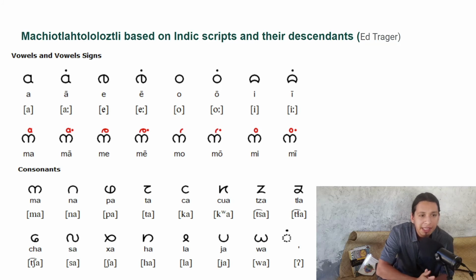Now the only limitation here, I think, is that this system is based on Indic scripts from Southeast Asia, and this type of system did not exist in Mesoamerica. So in a sense, this would be another foreign-based script, just like Latin is. So I think that's the biggest limitation here, is that at the end of the day, it's still a foreign